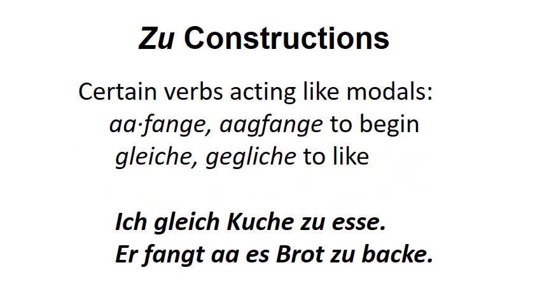We'll look at a couple examples. Let's say the first example here is Ich gleich Kuchen zu essen. This means I like to eat cake. Now, notice that English does the same thing all the time. So, for example, you can say, I can bake cakes, in which case that infinitive in English, bake, doesn't have the to. But you can also say, I like to bake cakes. So English sometimes uses to and sometimes doesn't use to with its infinitives. It depends on the verb. So can doesn't use to, but like does.